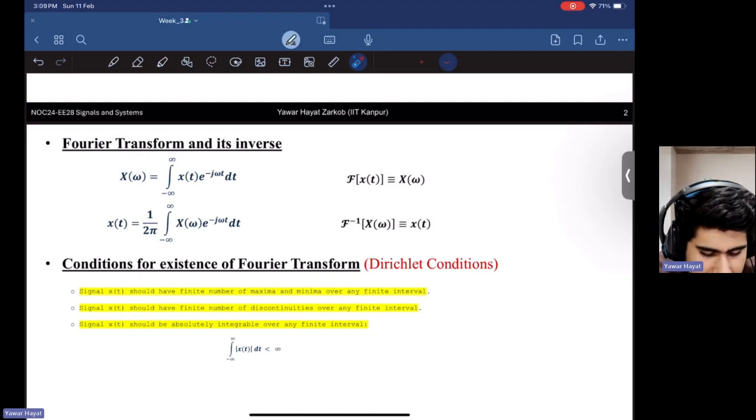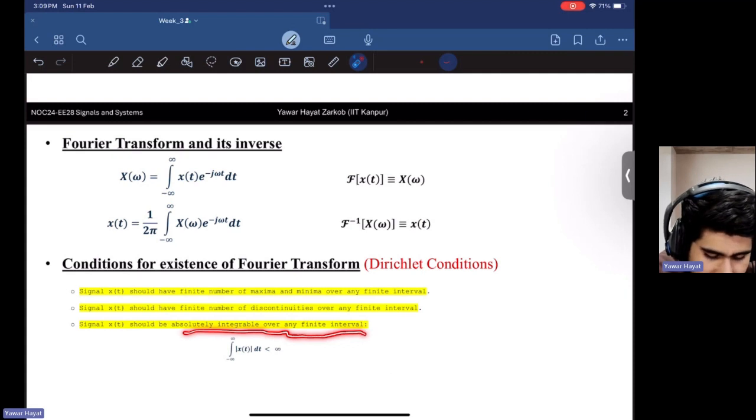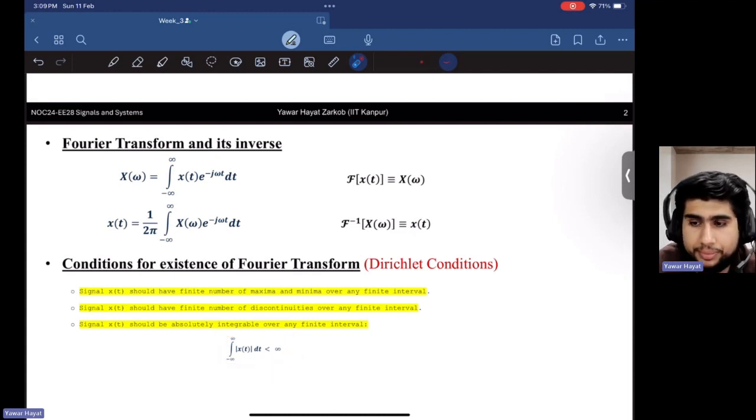And this signal x of t should have a finite number of discontinuities over this finite interval. And it should be absolutely integrable over any finite interval. That is, this integral should be less than infinity. Okay,